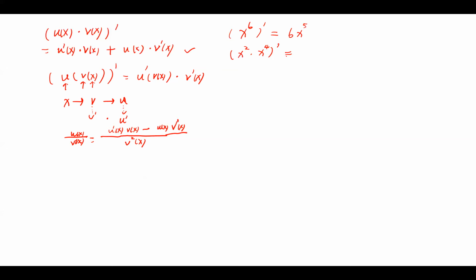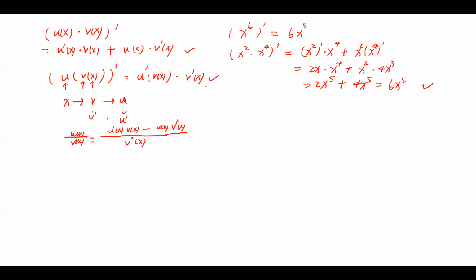How do you calculate? First we calculate the first term, and then we calculate the second term. That's going to give us 2x multiplied by x to the fourth, and x squared multiplied by 4 times x cubed, right? So we just multiply it out, and then we have x to the power 5, and that gives us 6x to the power 5, right? So it's the same thing. So let's check. Now let's look at the